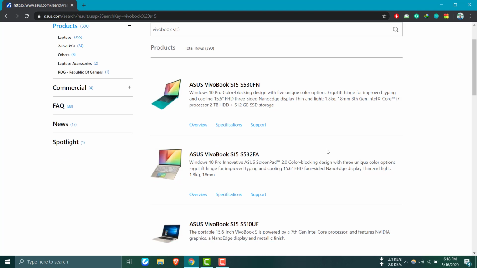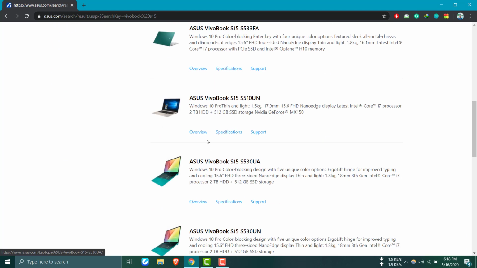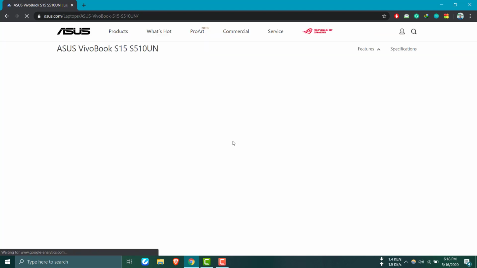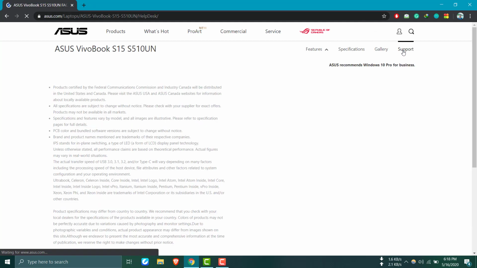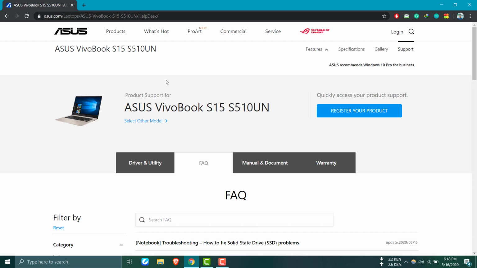Select yours from this list. Yeah, mine is this one. Click here and go to the support tab. Here you can see a driver and utility tab, frequently asked questions, and manual and warranty things. Go to the drivers and utility.